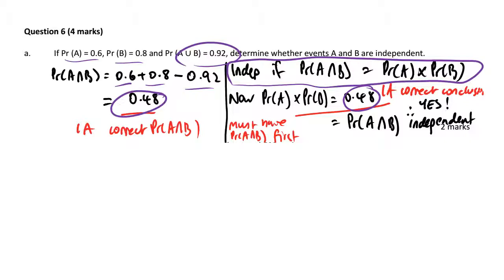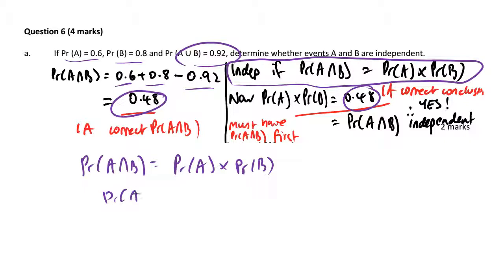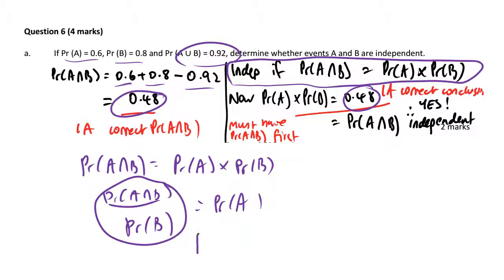Now there is another way of proving this, and the other way of proving this is let's take our rule for probability of A intersection B is equal to probability of A multiplied by probability of B. And how about we just divide both sides? So we do probability of A intersection B divided by probability of B, and that should be equal to probability of A. So this is just the same thing rewritten. Now the eagle-eyed people amongst you would have noticed already that that is equal to probability of A given B. So that if probability of A given B is equal to probability of A, therefore we can say that the events are